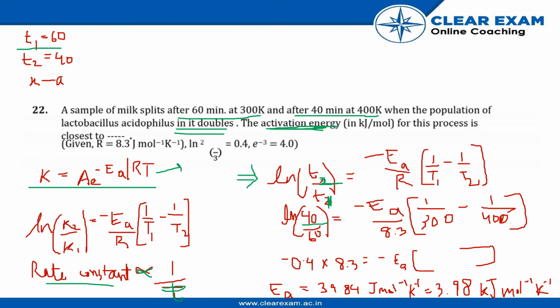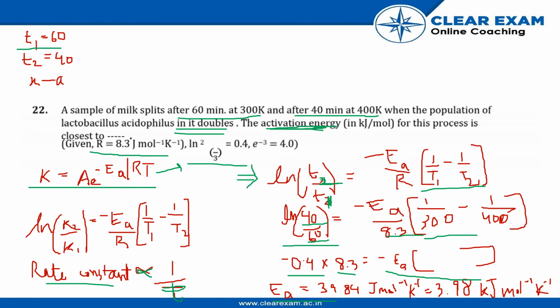So we put 40 and 60 here, and 8.3 for the gas constant, which has already been given to us, and we also substitute the temperatures. Now let's substitute the value of ln 2 by 3 here, which has already been given to us. It's minus 0.4, and this 8.3 comes up here, and after completing the rest of the calculation we get activation